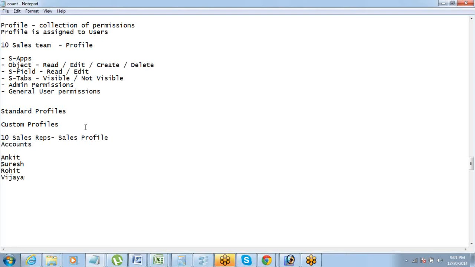Now this guy Rohit, every day he goes and makes some changes on Ankit's accounts, or he deletes Ankit's accounts. That is what Ankit is complaining about, that Rohit comes every day and deletes my accounts. He changes the phone numbers of the accounts I'm talking to. He does not want Ankit to meet the target, and that is the reason why he does it. Don't you think this is a problem?